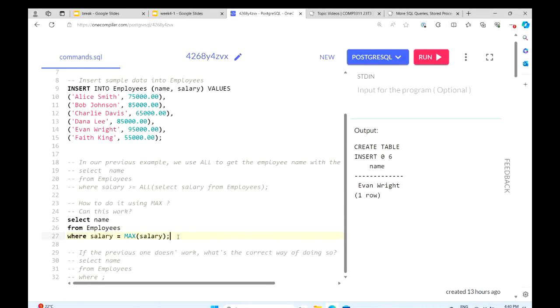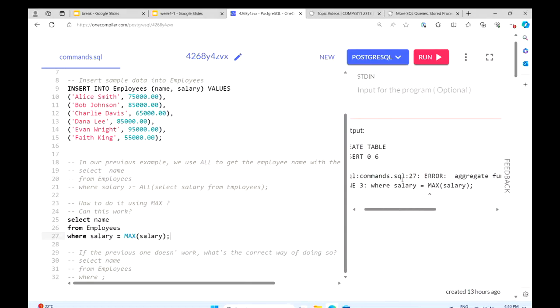No, I see some of you shaking your head. Why not? Because in our previous slide, we mentioned that there are two things you need to take note of, and one of them is that aggregations cannot be used in WHERE clauses. This violates that restriction. So let's run it. You can see that aggregate functions are not allowed in WHERE.